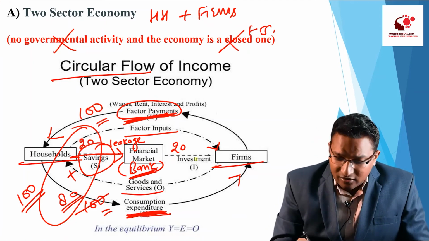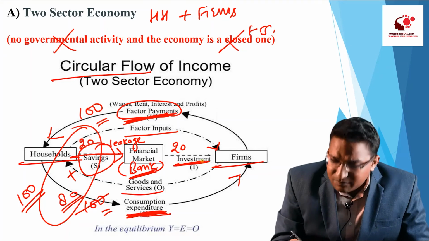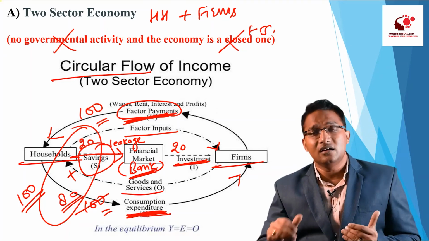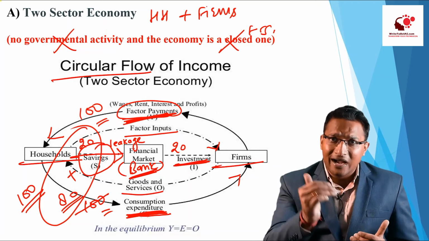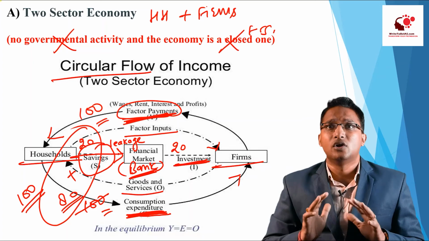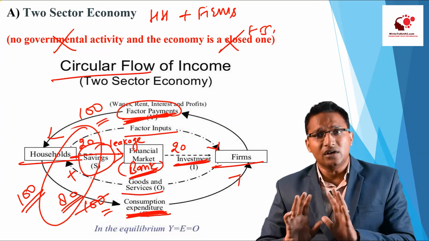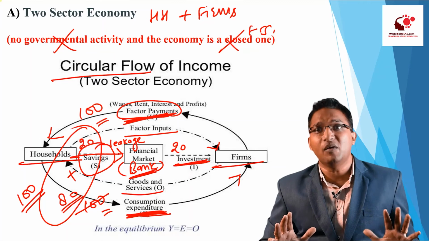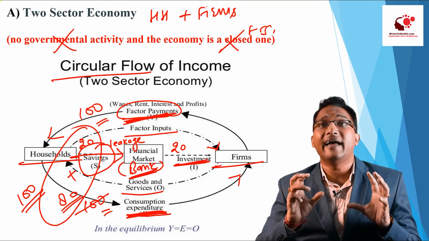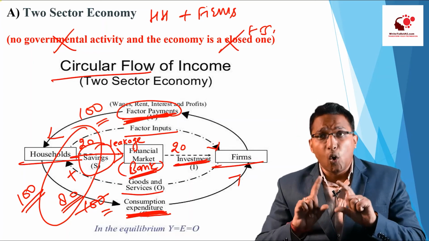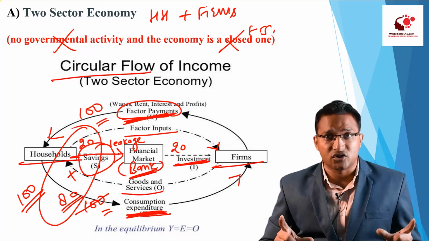And what firm is doing? Firm is investing this money. Investment means firm is buying some new machinery, constructing some new building, adding to some research and development. So the firm is actually doing some investment activity. The firm is actually buying some investment property so that the overall capacity of production can be enhanced.